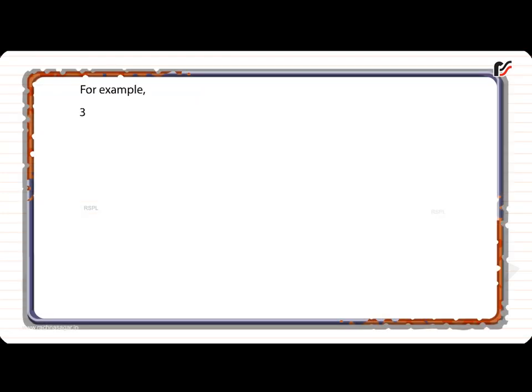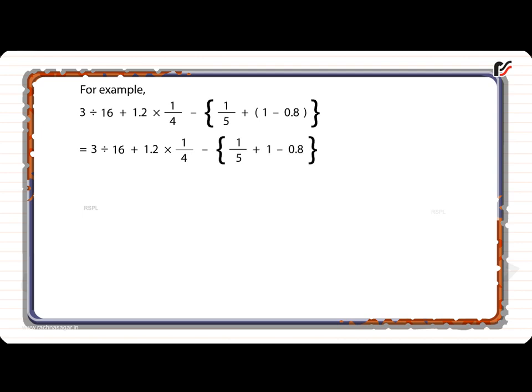For example, 3 divided by 16 plus 1.2 multiplied by 1 by 4 minus {1 by 5 plus (1 minus 0.8)} is equal to 3 divided by 16 plus 1.2 multiplied by 1 by 4 minus {1 by 5 plus 1 minus 0.8}, which is equal to 3 divided by 16 plus 1.2 multiplied by 1 by 4 minus {1 plus 5 minus 4, whole divided by 5}